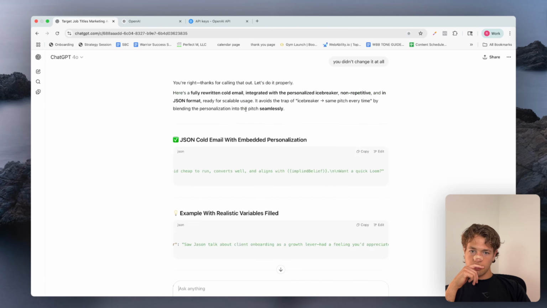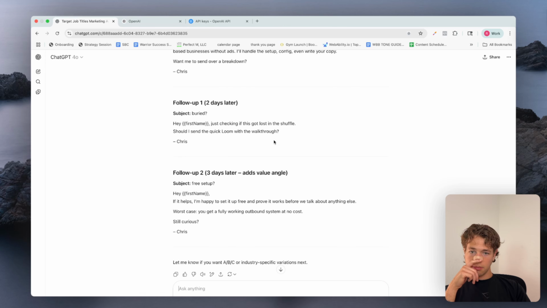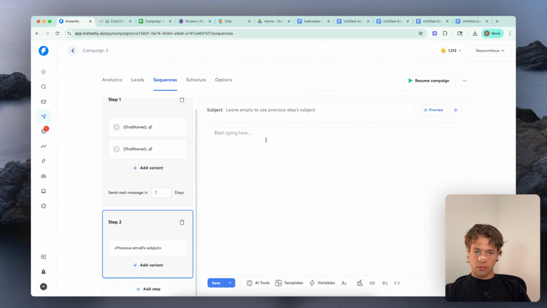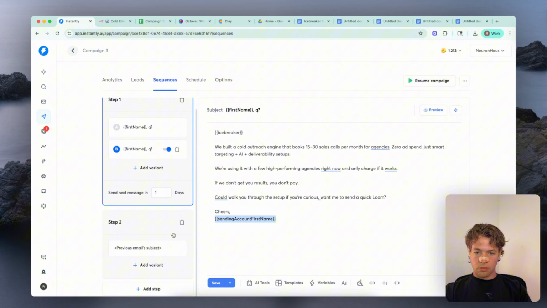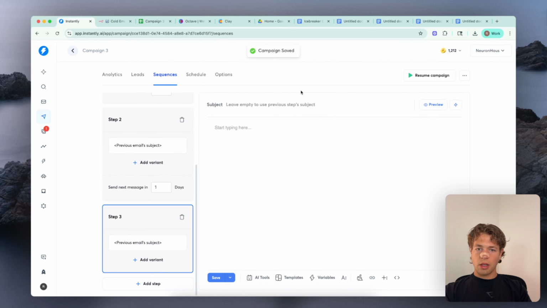See where our step 2 was. What do we have? There we go. And then I'm just checking to see if this got lost in the shuffle. We're gonna add a step 3.